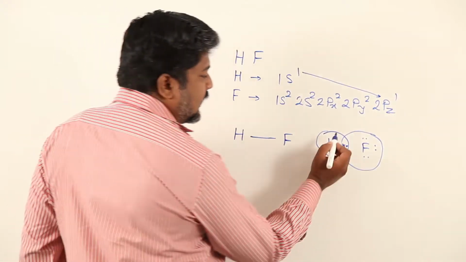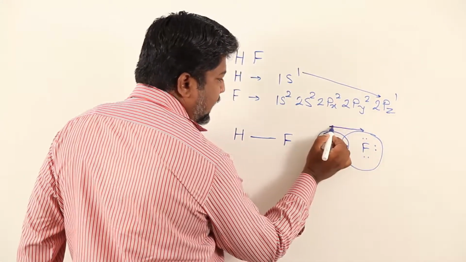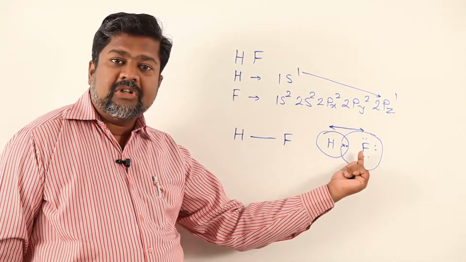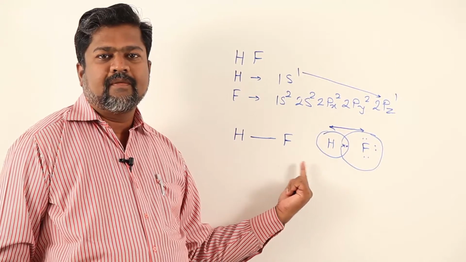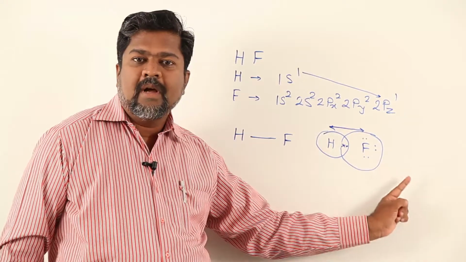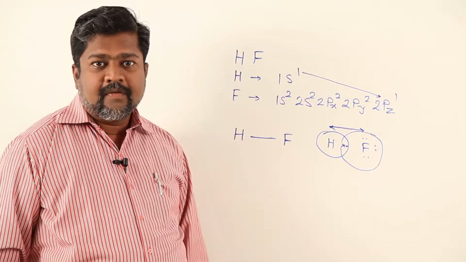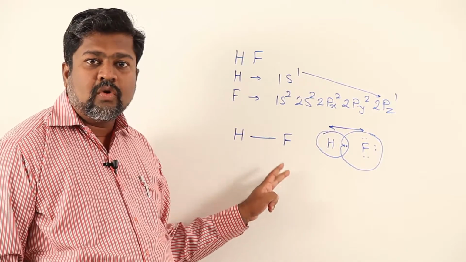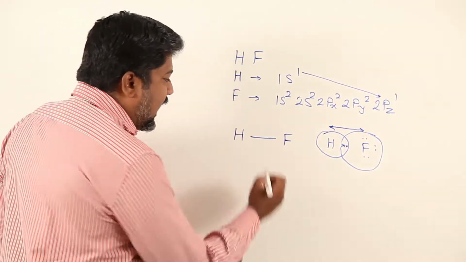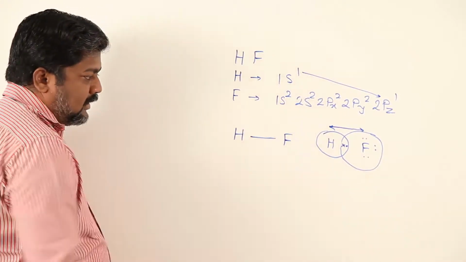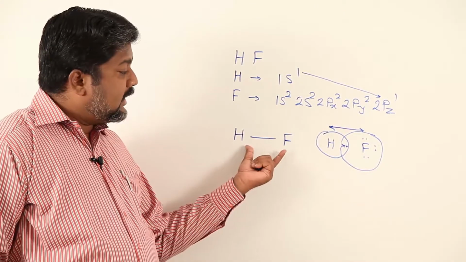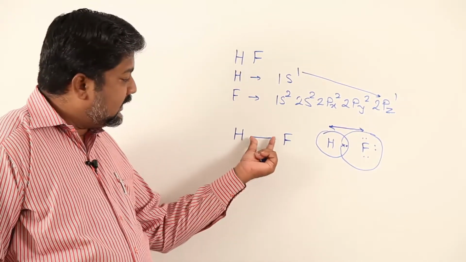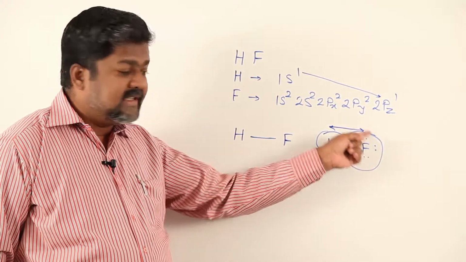But now there is a battle for supremacy. What is that battle for supremacy? On acquiring the share, hydrogen will try to pull electron from fluorine, whereas fluorine will try to attract electron from hydrogen to a greater extent. Now fluorine wants 100% electron to fluorine, whereas hydrogen wants 100% electron to hydrogen, and as a result there is a tug-of-war like situation, where hydrogen and fluorine both are attracting the bonding electron. So these are the bonding electrons. Hydrogen is not claiming these other electrons.